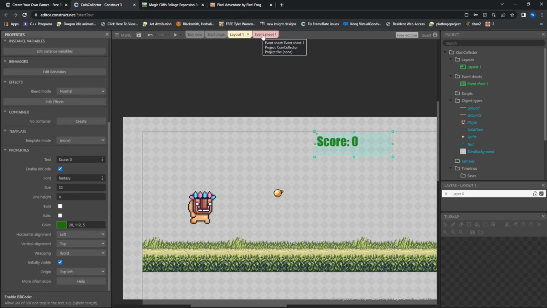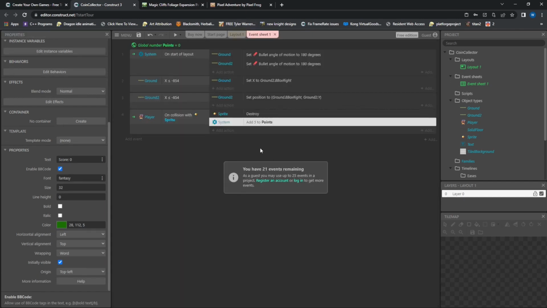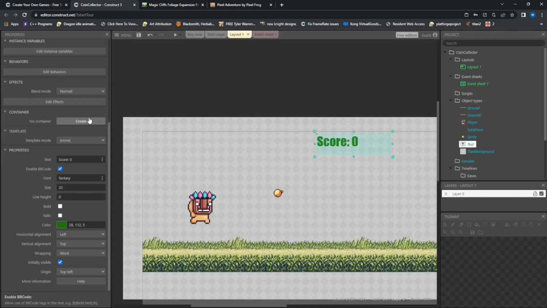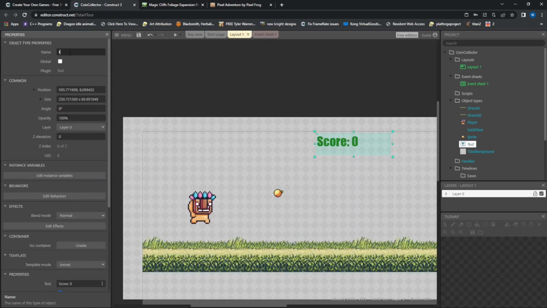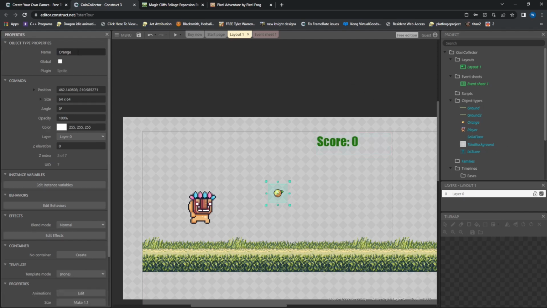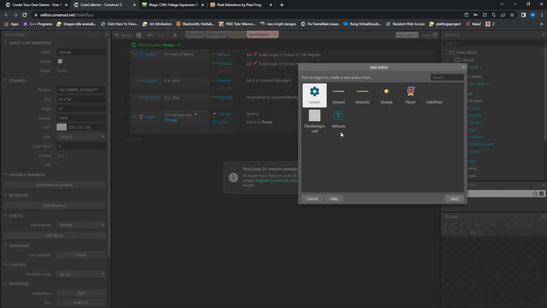And then inside of our event sheet, anytime we change the amount of points we have, we want to reset that text. So I'm going to rename this text real quick to txt score. That way I remember it is a text box and that it's working with the score. And we'll set this to orange while I'm in here. And we got everything named again. So in here we're going to work with our text score,